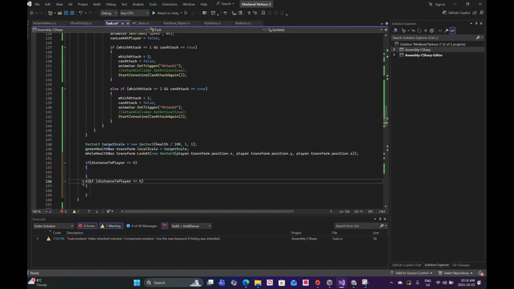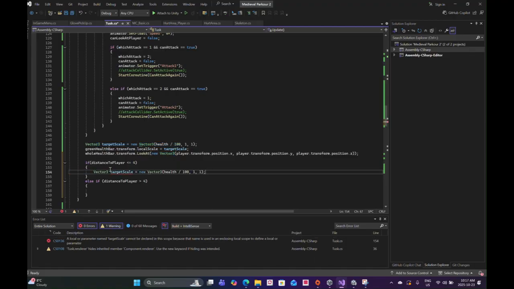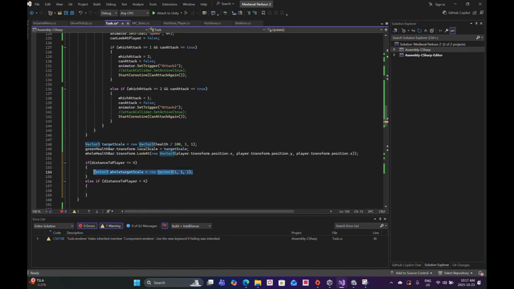Else if distance to player is greater than 4. What I'm going to do is grab this, I'll call this whole target scale. It'll just be 1 where if he's further away,